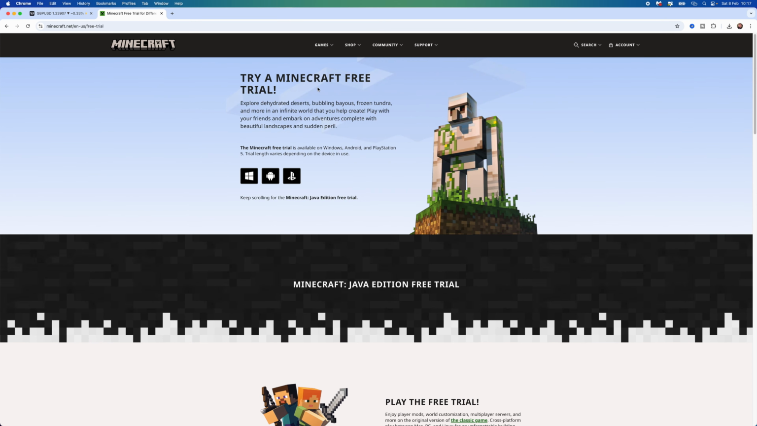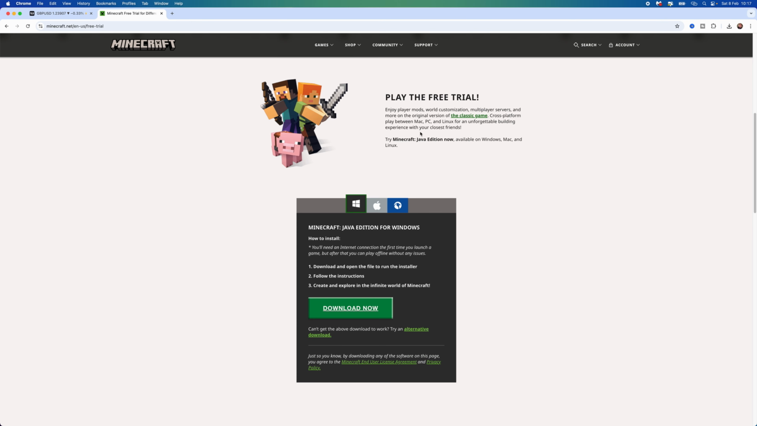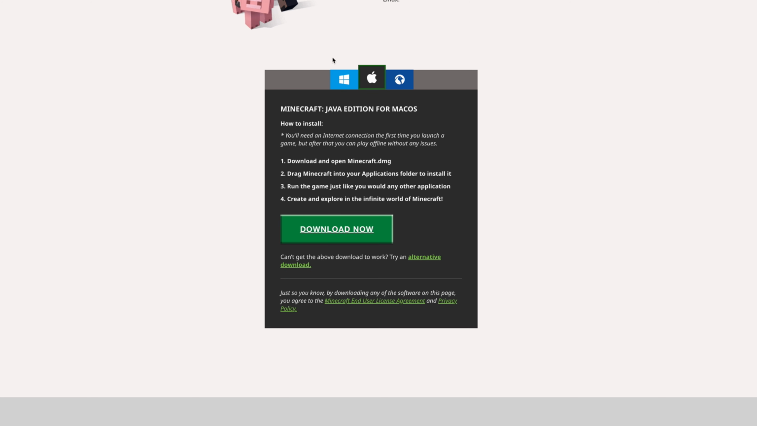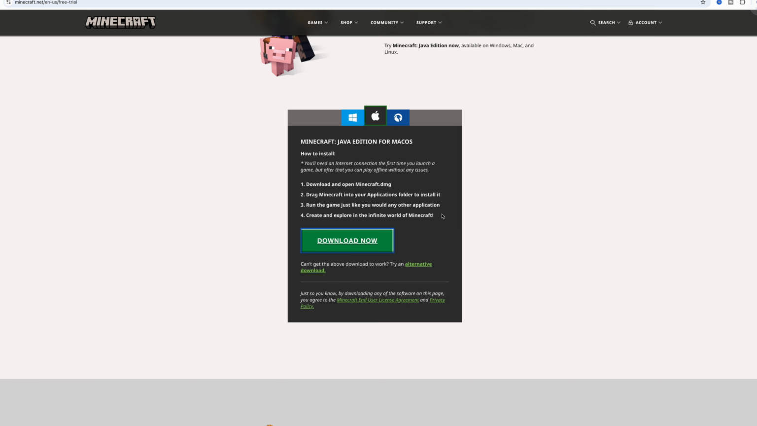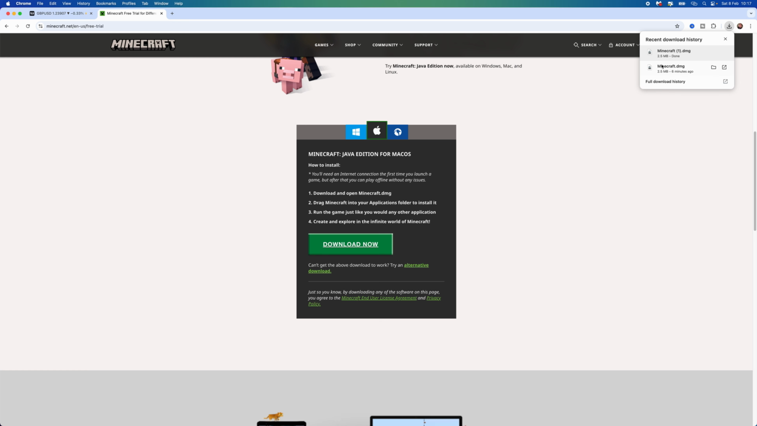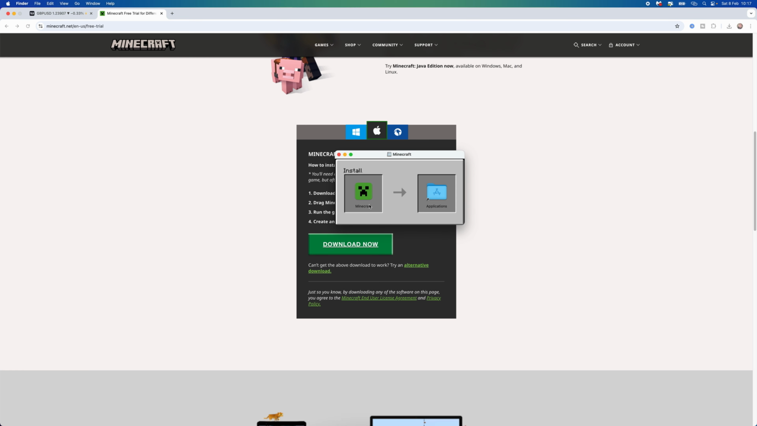which will then bring you over to this page, and then you want to scroll down till you see this option right here. As you will now notice, there is an option for Apple. Click on this, click on download now. That will then start the download process. And then what you need to do is open up the minecraft.dmg. Simply drag and drop this into your applications, and then once you do that,